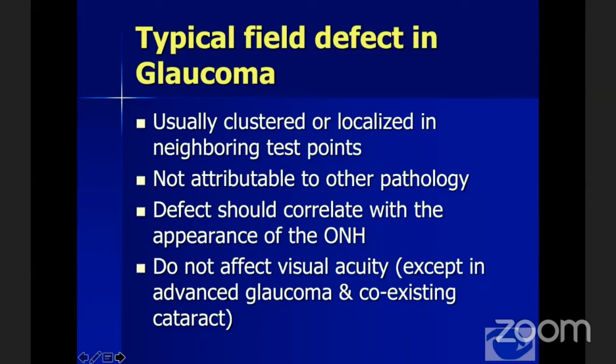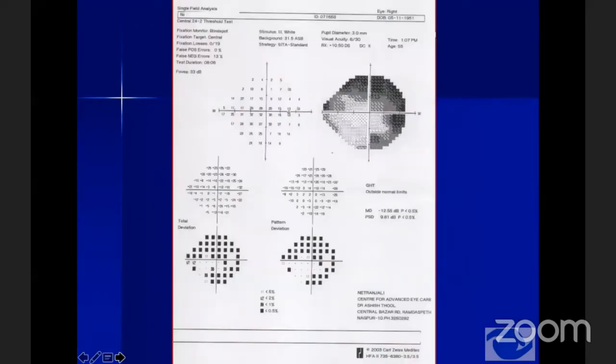And in cases of glaucomatous visual field defects, the visual acuity generally will not be affected except when you have very advanced disease or if there is a coexisting cataract or any other pathology. So if you just go by Anderson's criteria and look at this field, you would feel that this is a glaucomatous field defect. But when you do a systematic evaluation and you see that the refractive error of the patient is almost plus 10.5 diopters, then you know that this need not necessarily be because of glaucoma unless you have corrected the refractive error with contact lens and then done the field test.